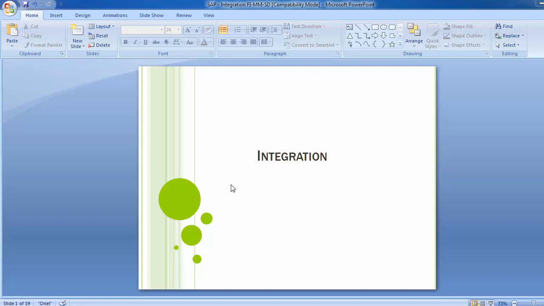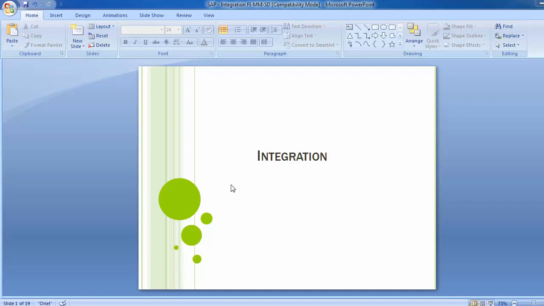In today's training, we will learn how to integrate the FICO module with the other modules like material management and sales and distribution. In the project implementation, the activities relating to the respective modules will be taken care of by the respective module consultants.